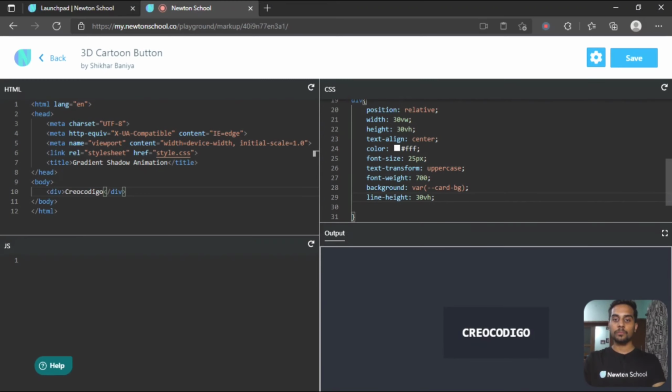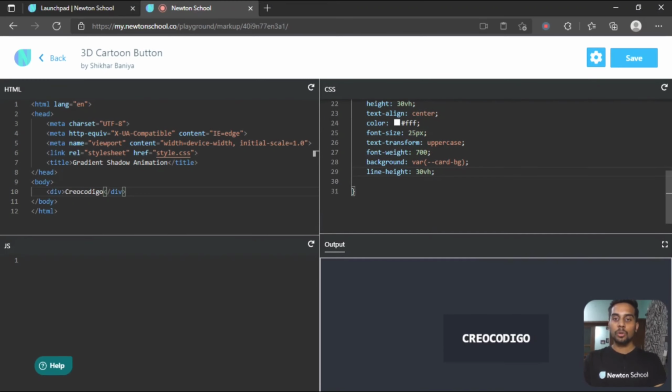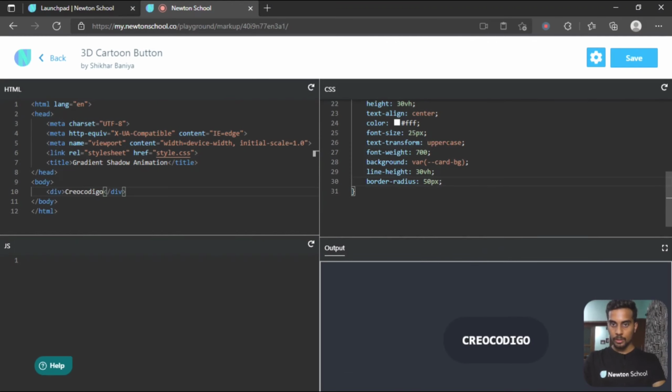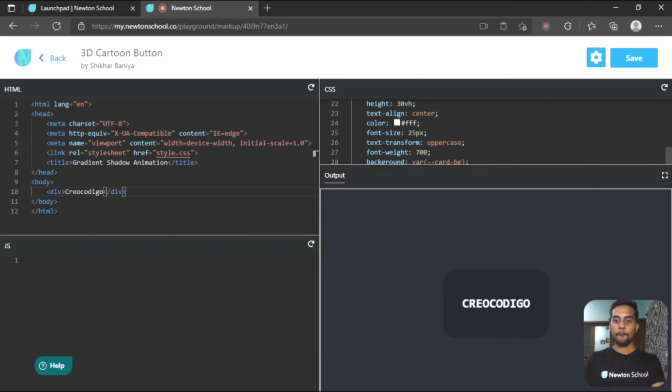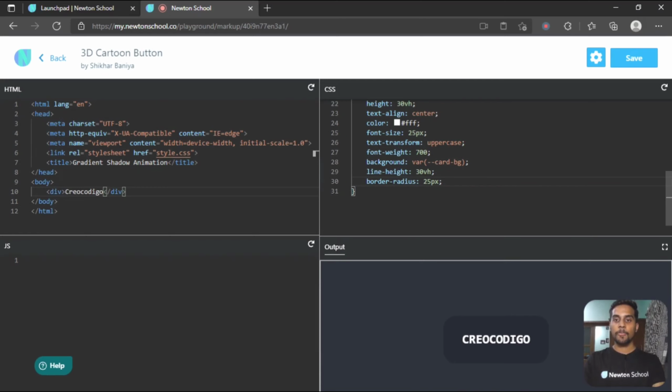Now let's give this card a border radius for circular border. So border radius will be, let's say, 50 pixel. That will be a little bit much, so 25 pixel. This looks great, right? Yes. Now I want to change the